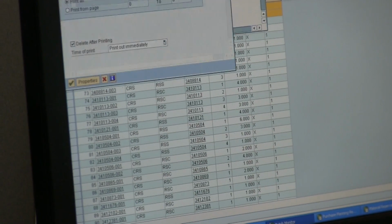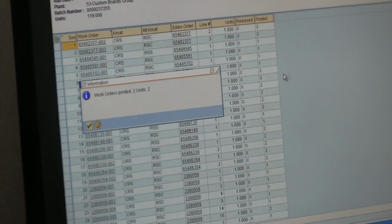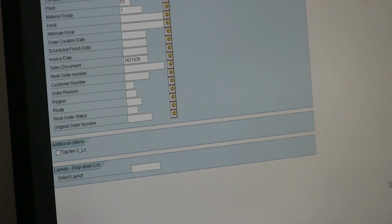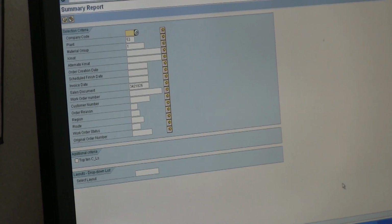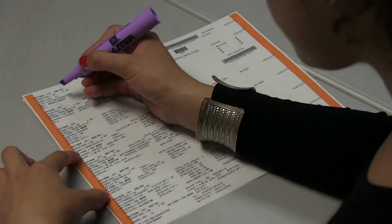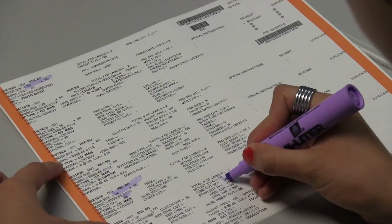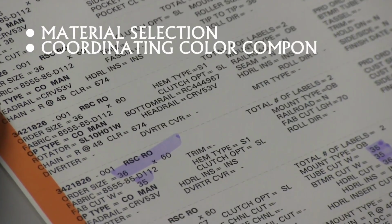To start production of each shade, an order is printed. Every order generates a unique barcode for each product on the order to ensure precision and help eliminate the opportunity for human error throughout the fabrication process. This barcode captures all the key details to produce the quality product, including material selection, coordinating color components, control options,